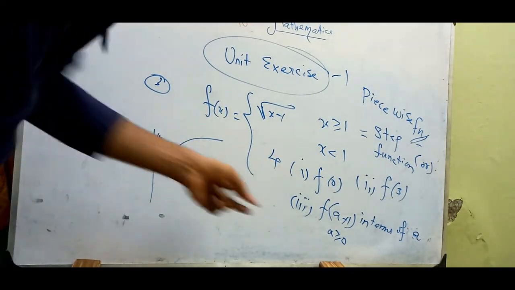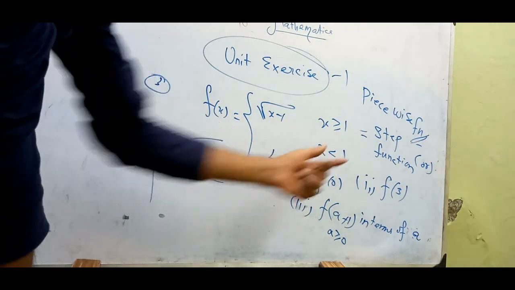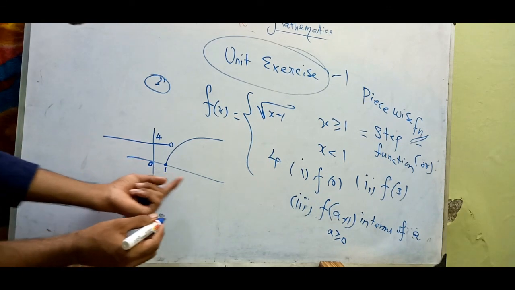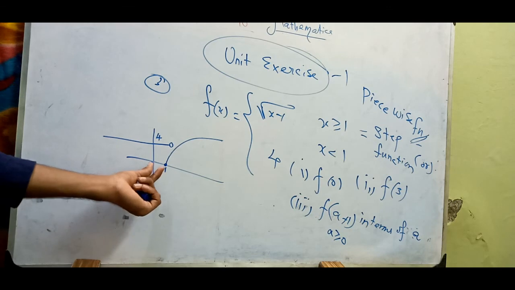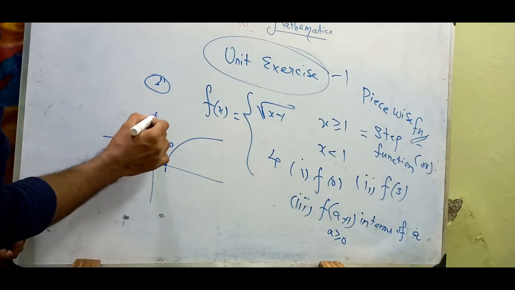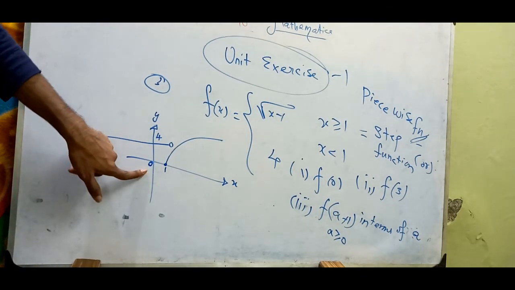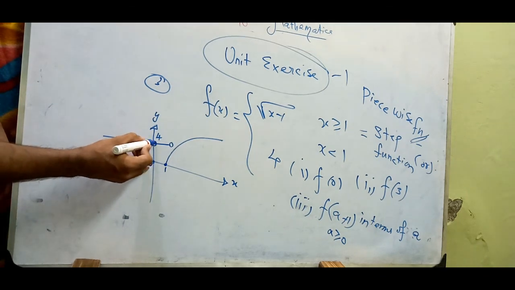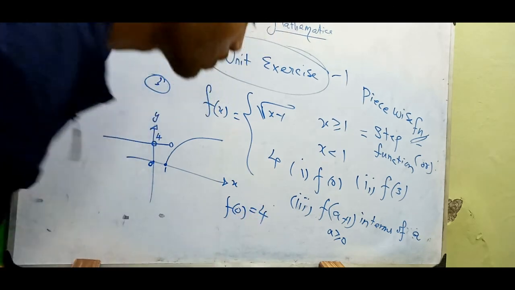Okay, so first of all, we need to find f of 0, right? F of 0 will lie here, 0 is exactly here, then 1, 2, 3, after 1 there is 2, 3, 4 and so on, you can visualize that. But 0 will be exactly here, this is your y-axis and this is your x-axis. At exactly x equal to 0, the graph is 4. Okay, so f of 0 will be 4.